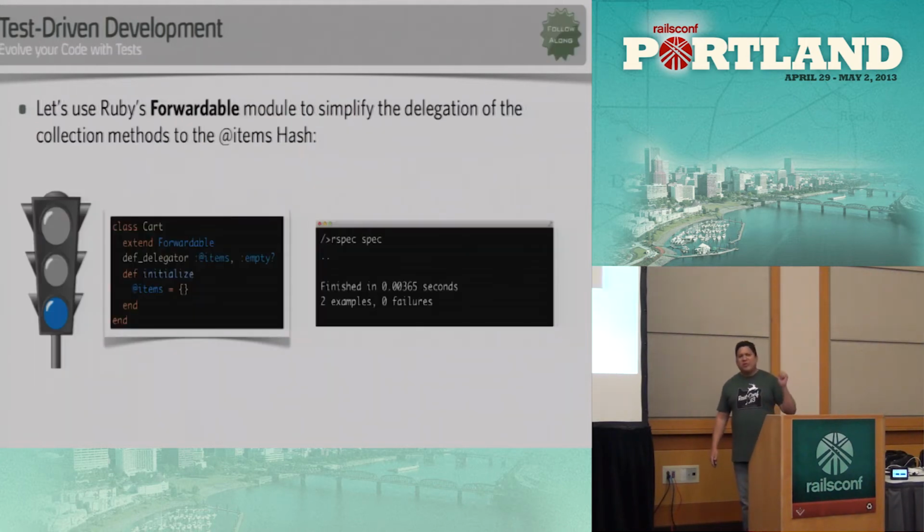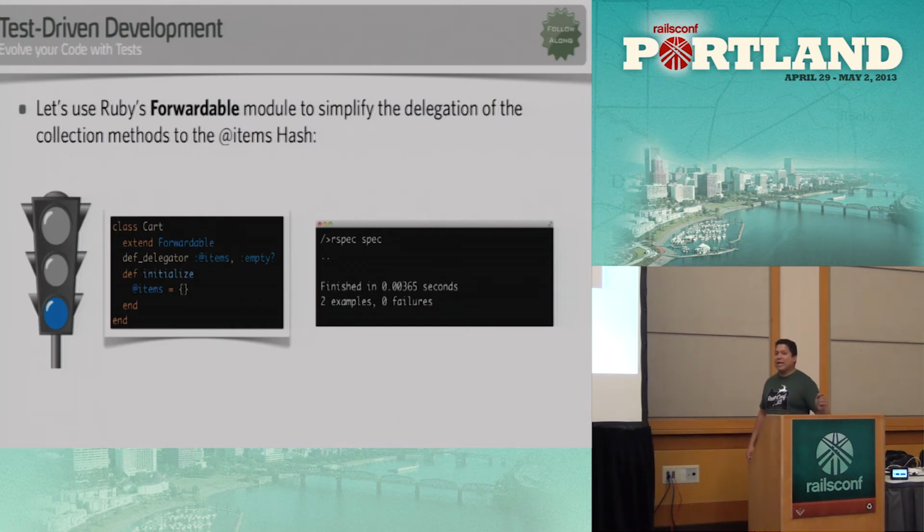So to refactor this simple cart class that we have, the first thing I'm going to do is that I didn't really like that passing of methods to the inner instance variable. So I'm going to use one of the things that actually comes built in with Ruby, which is the ability to forward something to an inner instance of some object that you own as an object. In this case, that's called the Ruby forwardable module.